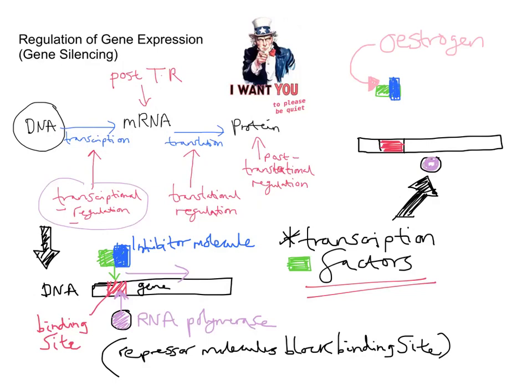That causes the inhibitor molecule to fall off, and the transcription factor can now go and bind to the binding site, and that will cause RNA polymerase to work its way down the DNA and lead to transcription. So I've talked about in this video how you turn the gene on, turn it off, and then even turn it back on again. What I want to finish this video with is